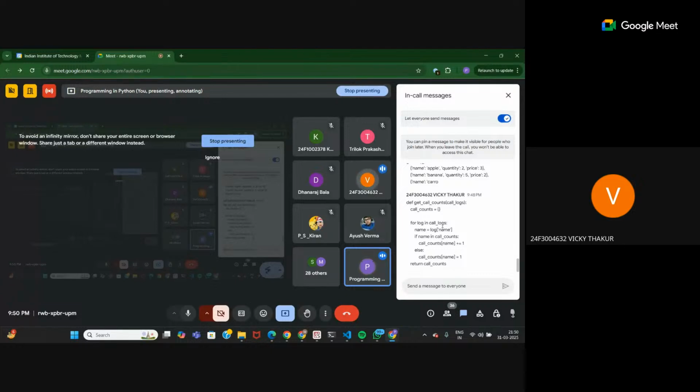Should I use zero in the else part? It should be zero or one? One is correct. If you have encountered it once, then it should be 1. If you have encountered it, then only you are creating a key, right? So it should be 1 anyways, not zero. It will never be 0. 0 means there is no entry. Okay, ma'am. Thank you.